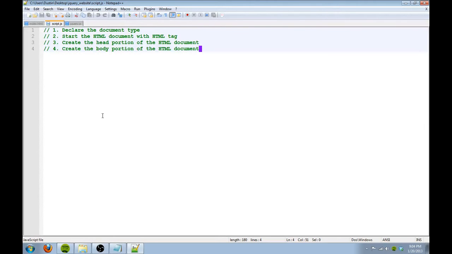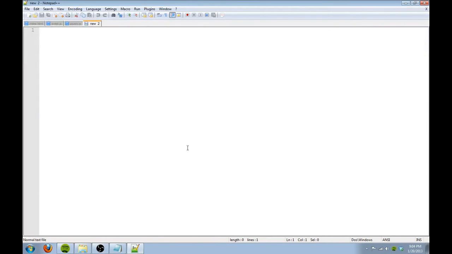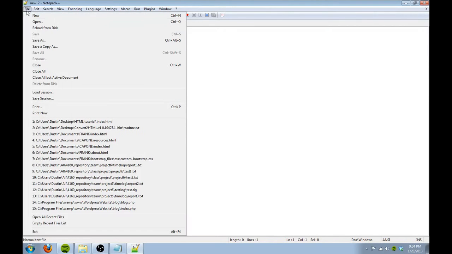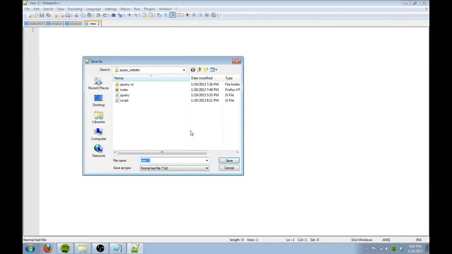And the fourth step is to create the body portion of the HTML document, and this is where the code goes, whatever we want displayed to the user, that's what we're going to put in this portion. So let's go ahead, and I'm going to start a new HTML document, and let's go to Save As,